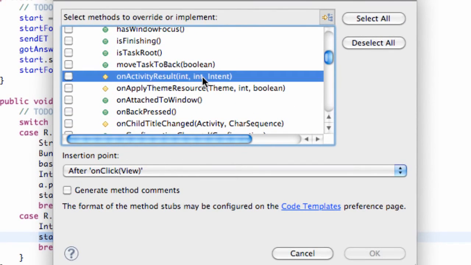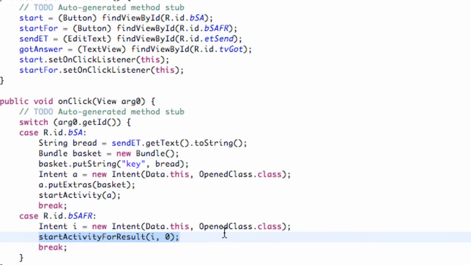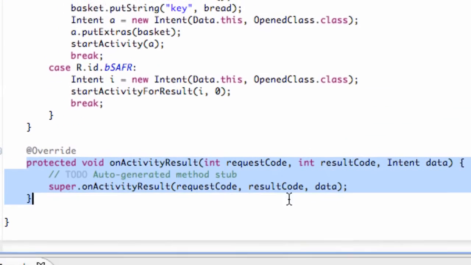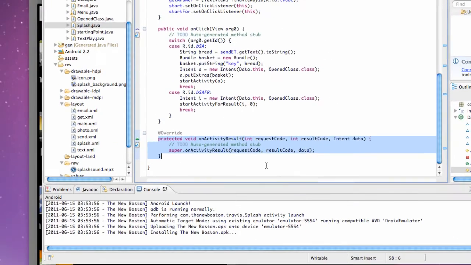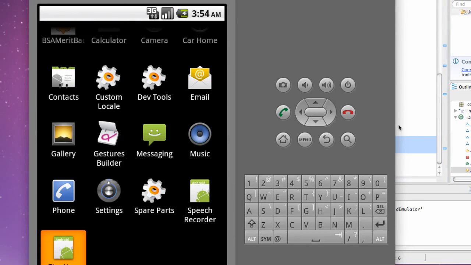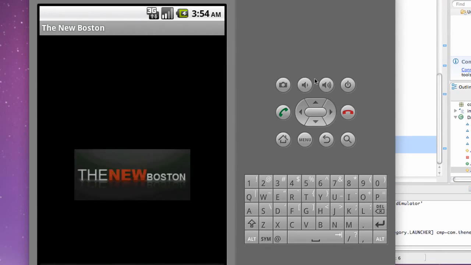Again, it takes in 2 integers and an intent. I'll break this down more as we use this method, but basically we've set this method up now, and that's pretty much the end of the tutorial. Again, I'm just going to make sure those radio buttons work, and there we go. I'll explain that a little bit more in the next tutorial